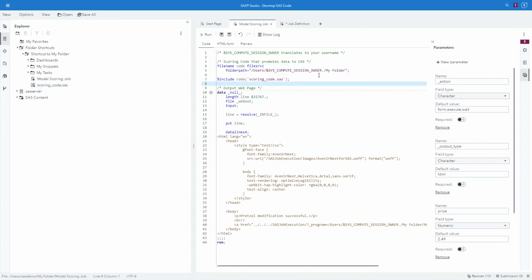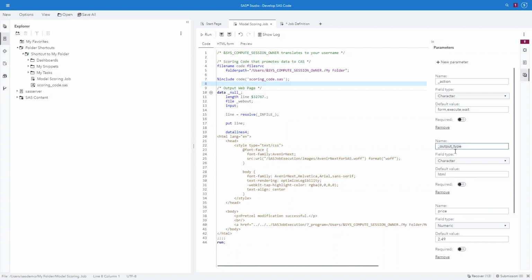If we look on the right side, we could see where all of our parameters are. Now, here's a cool one. Action. This is an automatic parameter that is a part of every job, and we could give it a default value. And here, what we're telling it is, display an HTML form first, then execute the code after the user clicks submit in the form, and display a nice waiting page for them. I really like that. If you include that, you don't need to worry about coding one.